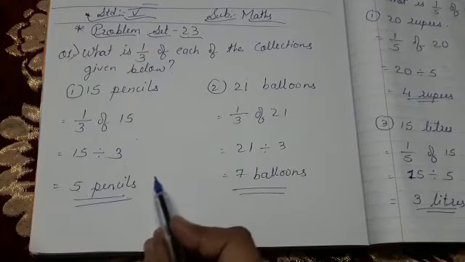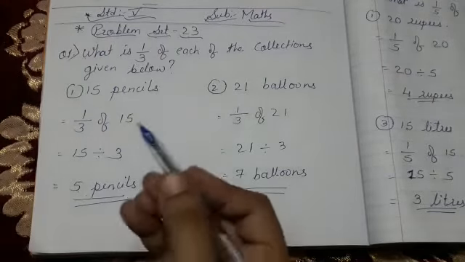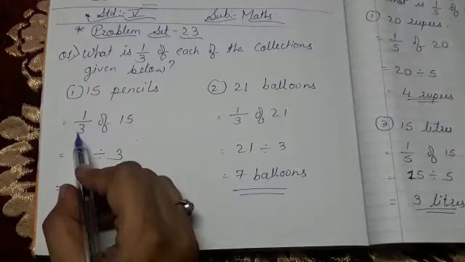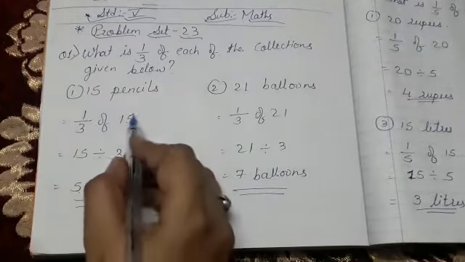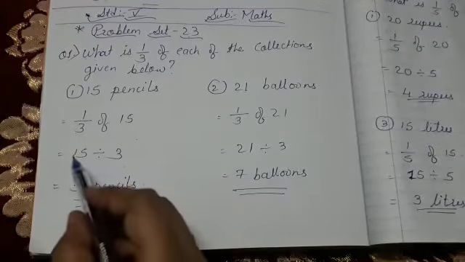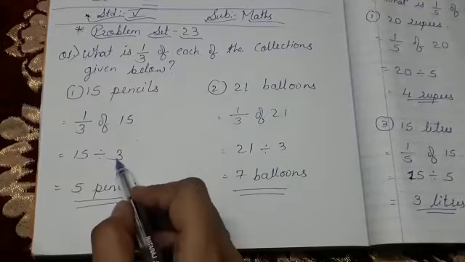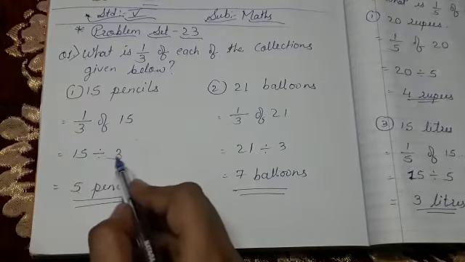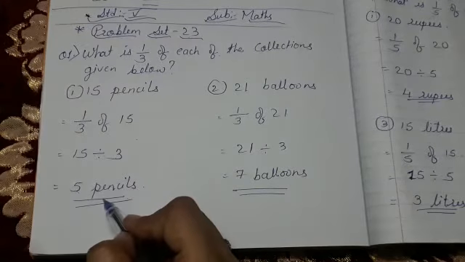Or you can do the second method also. What is the second method? You can cancel from here only. Like in the 3 table, 15 comes. How much? 3 5s are 15. So you can cancel and directly write the 5 also. So I have done here 15 divided by 3. You can divide and see in rough work. In the 3 table 15 comes, like 3 5s are 15, which I have written here.